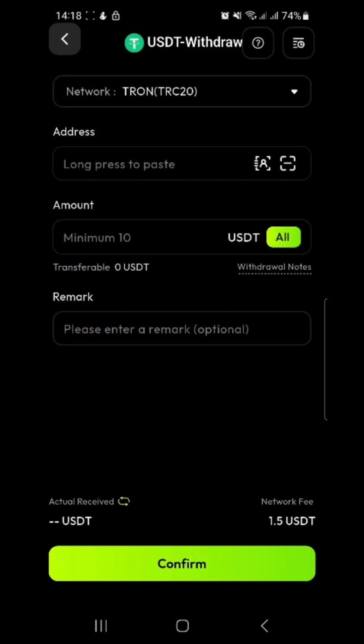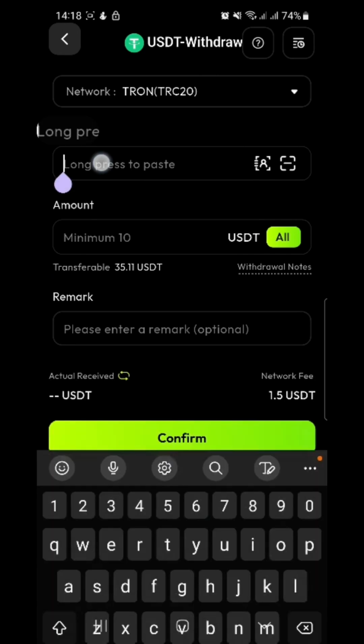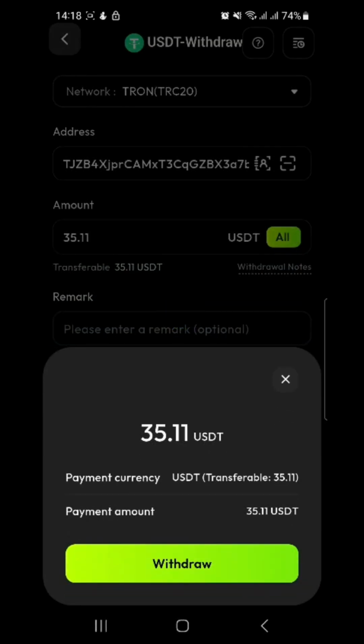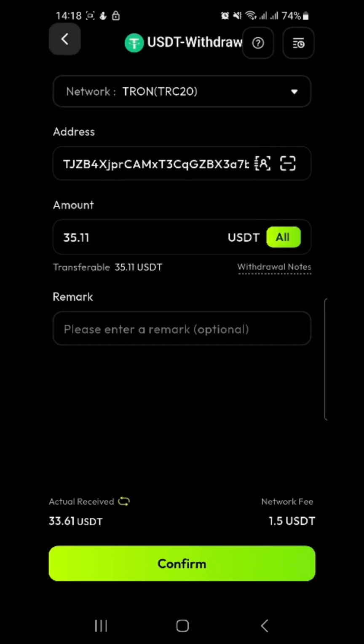Okay, so I'm going to click that, and then here it's going to ask me to enter my address. So I'm going to long press here and paste my address. Okay, so this is my Kraken USDT TRC20 wallet address, and I'm going to click all, and I'm going to click confirm, and I'm going to click withdraw,